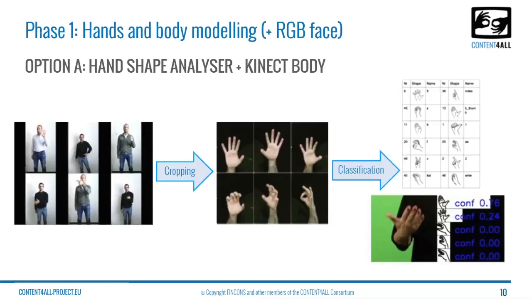The first option is based on a combination of two sensors, which are the Microsoft Kinect and the SDI professional camera. With the Kinect, we extract the body skeleton of a person, while with the camera we process the video stream and crop the person's face onto the 3D model, and we crop the hands and then we process them with a deep learning algorithm which assigns a hand sign category to each video frame containing a hand. The drawback of this system is that the number of signs that we can recognize is finite, although we can introduce new categories if needed.